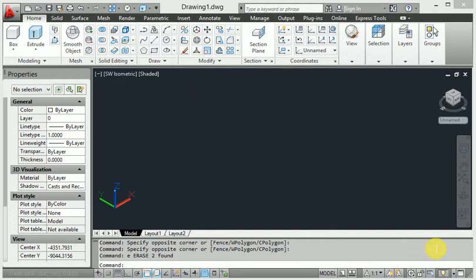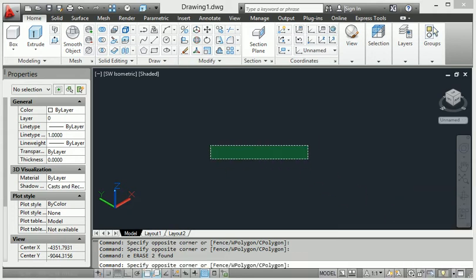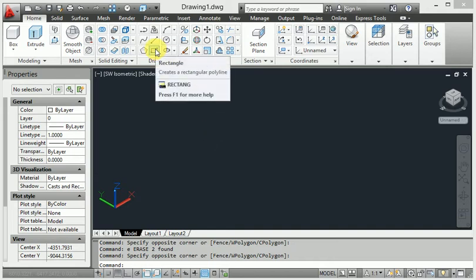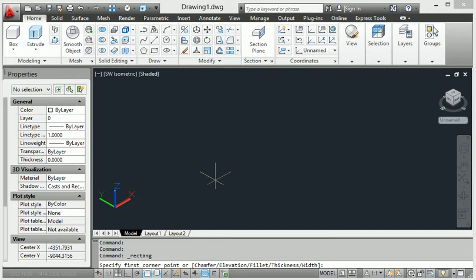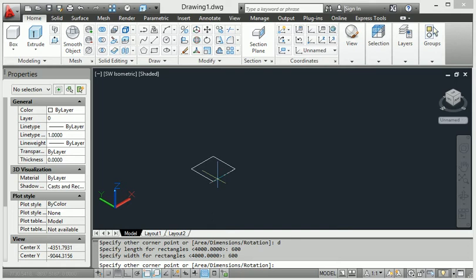So let's go. Here we can see the design. First of all, look at this 3D modeling work. Then I will go to create the rectangle. First of all, I make this rectangle, then start with D, enter. Then provide the distance 600, and also provide 600. So it makes a simple rectangle right now.